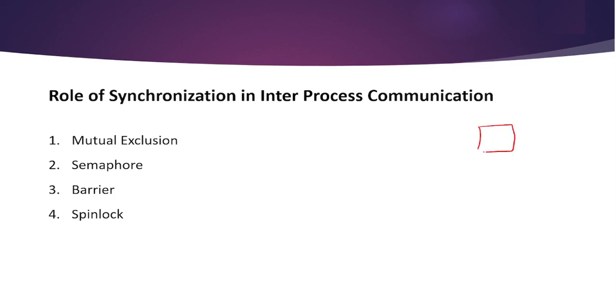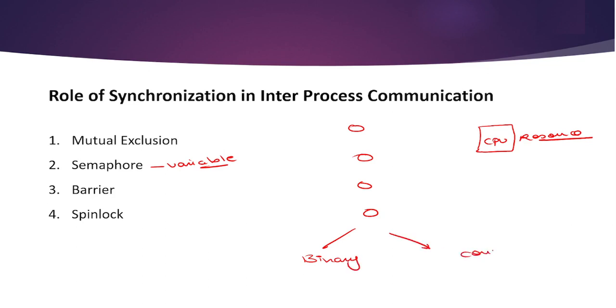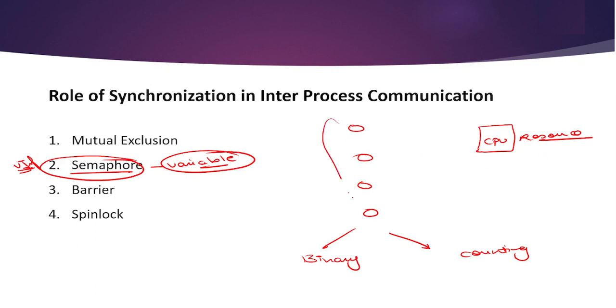Let's say this is a common resource, the CPU. A semaphore is a variable that controls access to a common resource by multiple computer processes. There are two types of semaphores: first is the binary semaphore and the other is the counting semaphore. This is a very important topic and we will cover it in a separate session. So you should know that a semaphore is a variable that controls access to a common resource by multiple processes